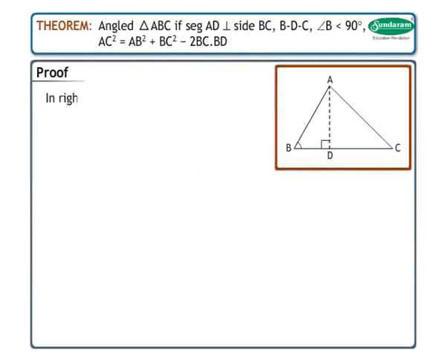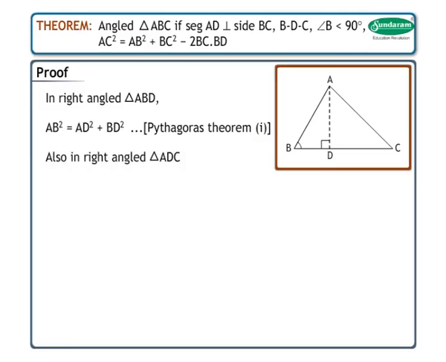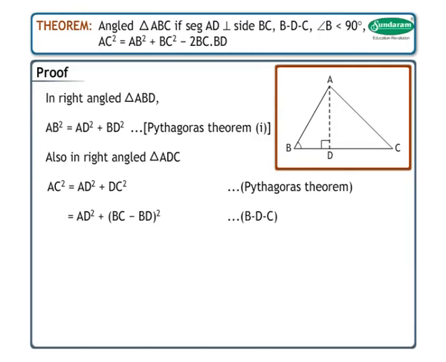Proof. In right angle triangle ABD, AB square is equal to AD square plus BD square by Pythagoras theorem. Mark this as statement 1. Also in right angle triangle ADC, AC square is equal to AD square plus DC square by Pythagoras theorem, is equal to AD square plus in bracket BC minus BD whole square, as points B, D and C are collinear,